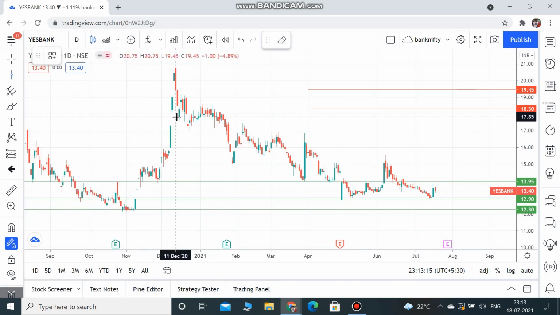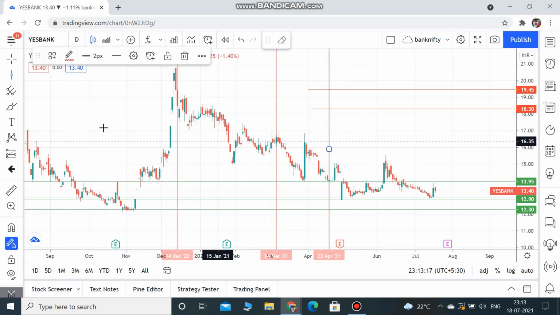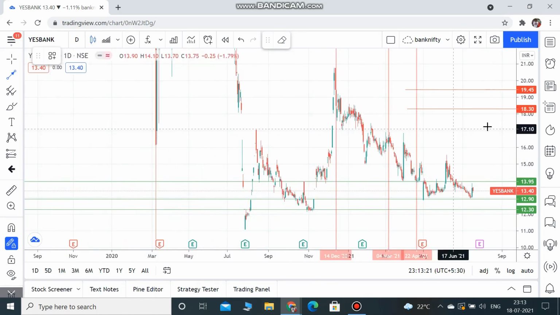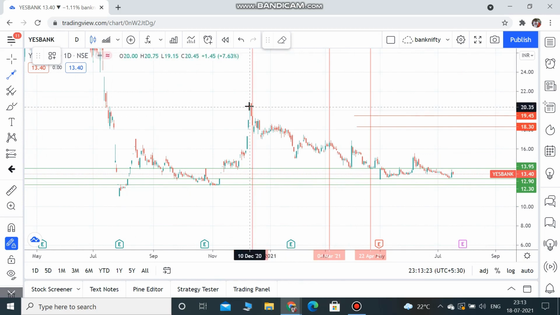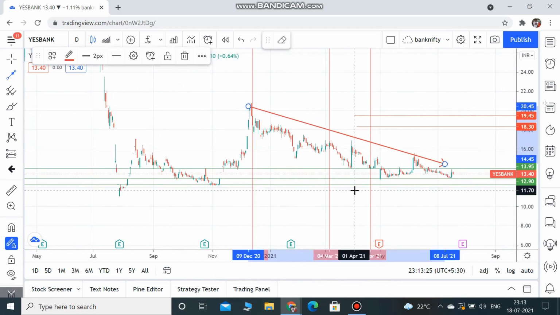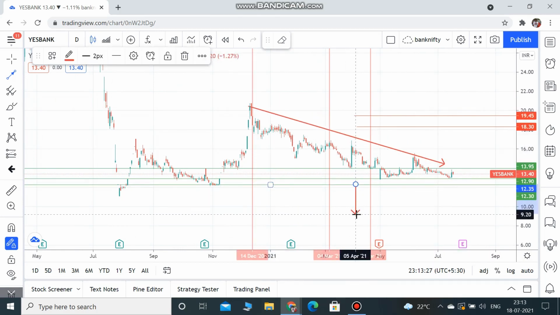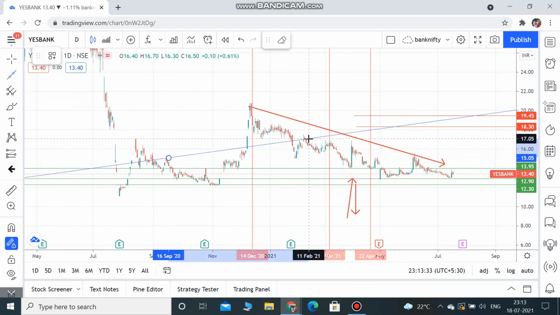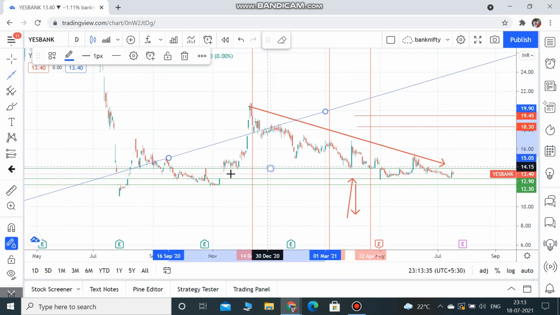And vertical line for vertical view, like this. And you have arrows. You can use it as a trend line, or you can point out a few things where it might give a breakdown here or a break up here. And you have the extended line, like this. So basically this is for horizontal and this is for vertical. This one gives you